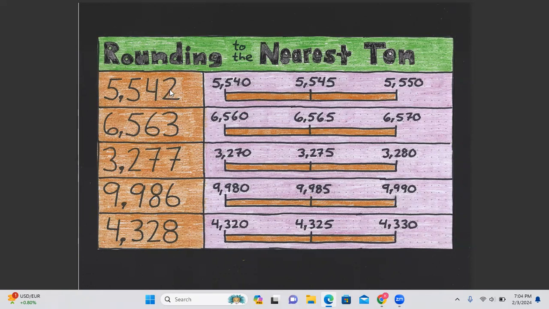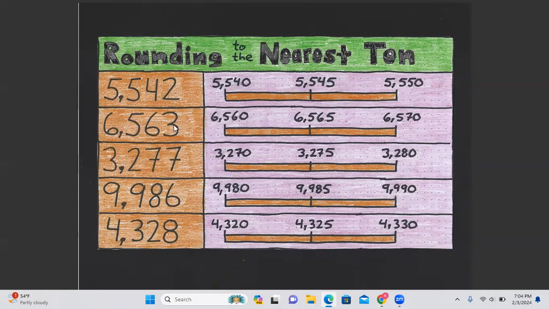Well, 2 is our biggest indicator because we know that 2 is less than 5, which means that 5,542 is going to be on this side, which means that 5,542 will round back to 5,540 because the 2 is less than 5. So we're just going to simply round it right back down to this number right here. And so let's take a look at